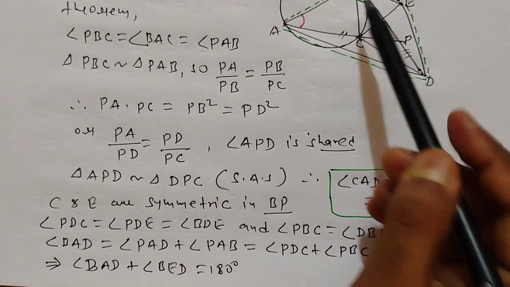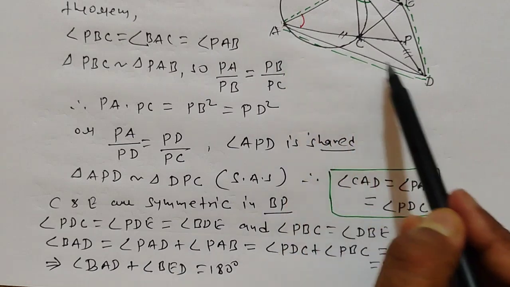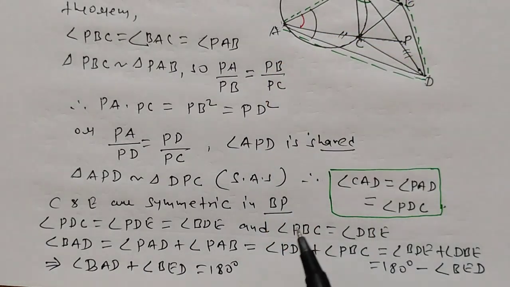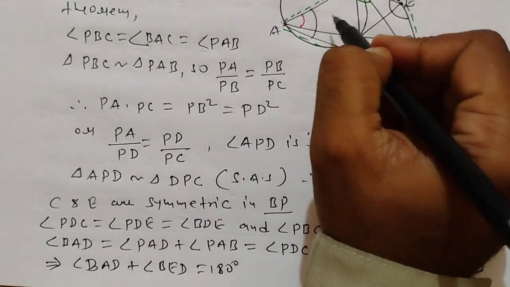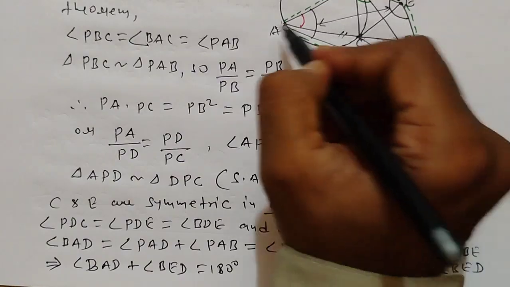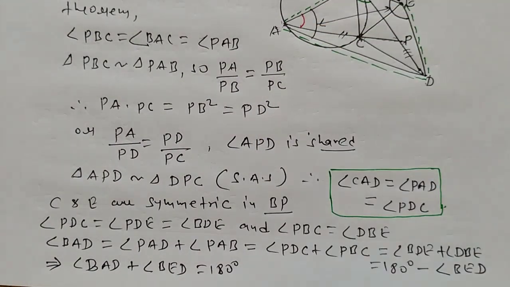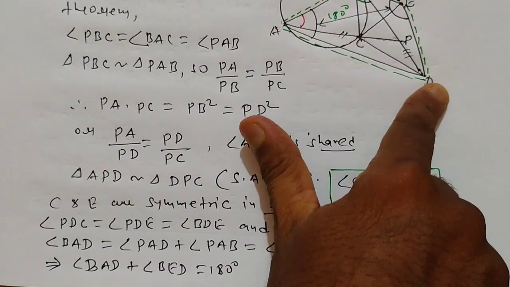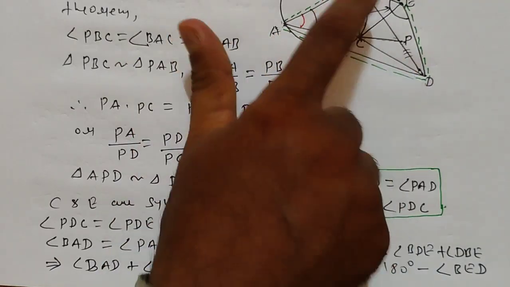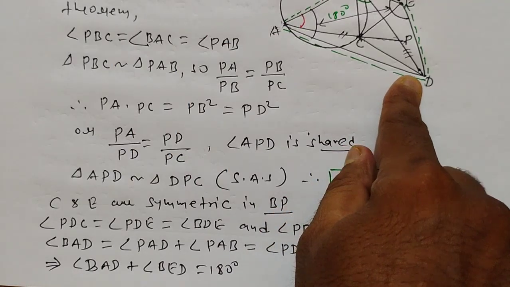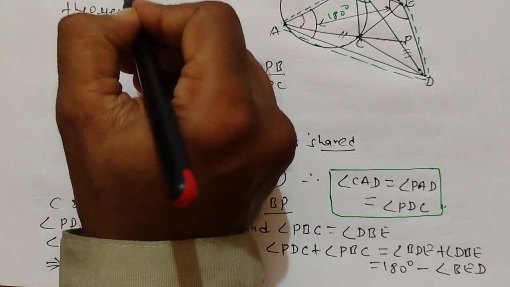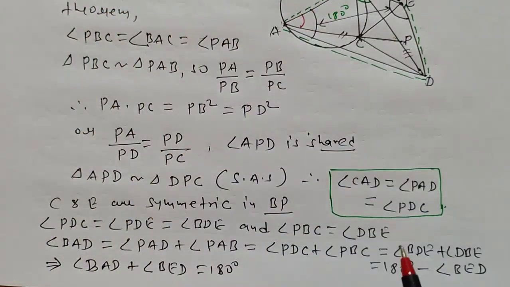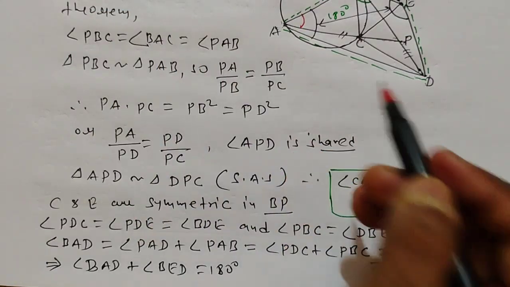Angle BAD means this angle, and angle BED this angle. The sum of these two opposite angles is equal to 180 degrees. So ABED is cyclic, because the sum of these two angles is 180 degrees. So this is the cyclic quadrilateral. So here the important points: the first is the use of the alternate segment theorem. The second, the use of